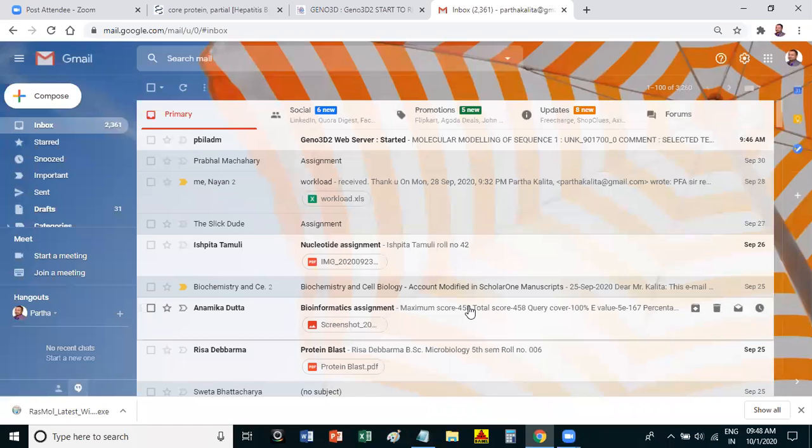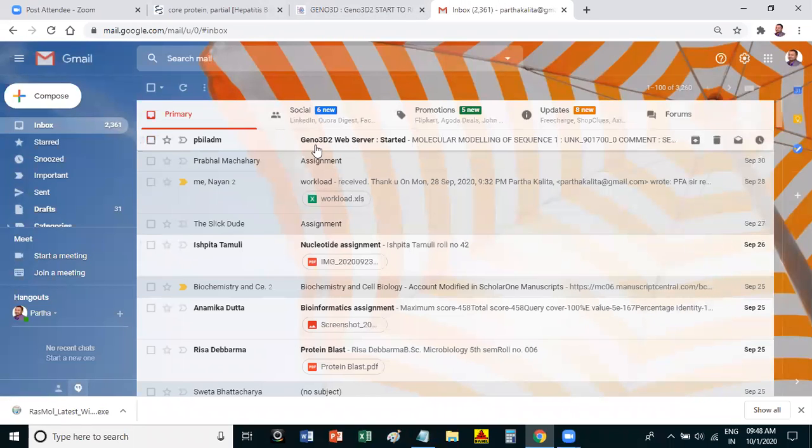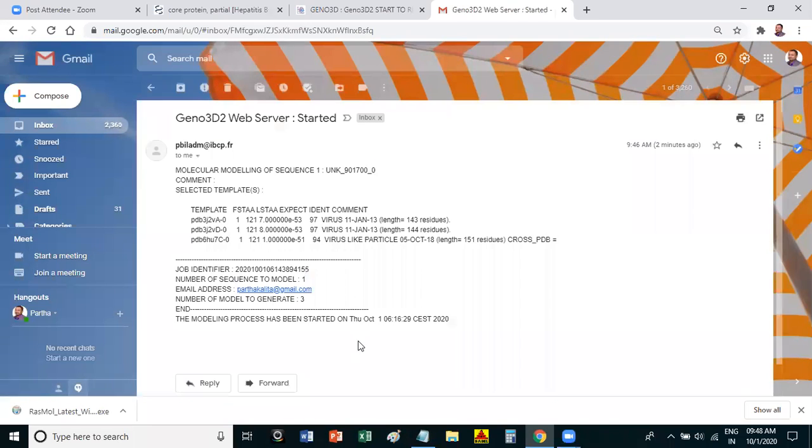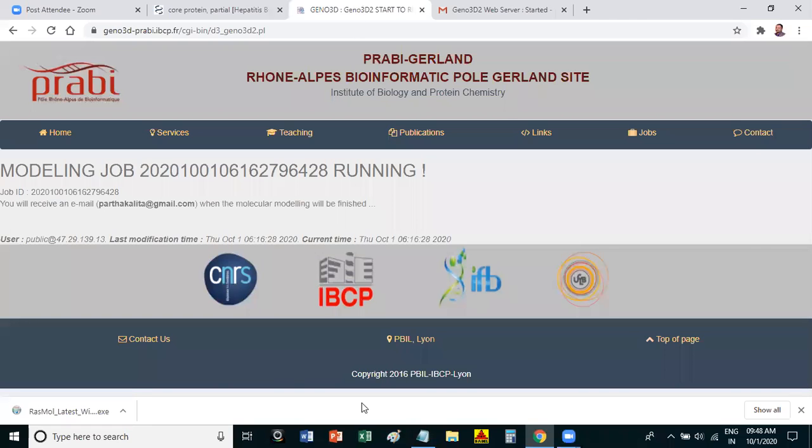So when you submit the sequence, it will send you a message that the Zenode 3D web server started, and when it is completed, one more message will be sent: ended. Only in the ended message will you get the result. Here you won't get any result. It will take some more time, then only we'll be able to see the results.